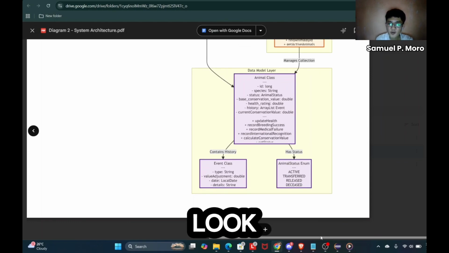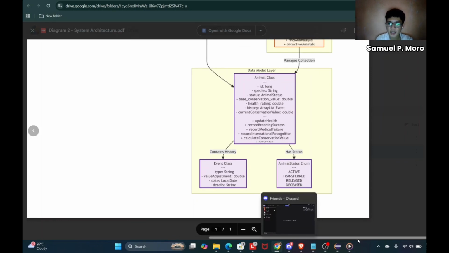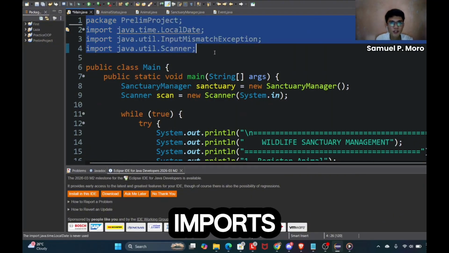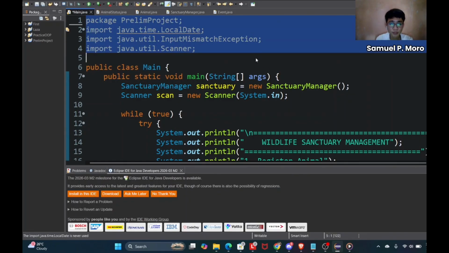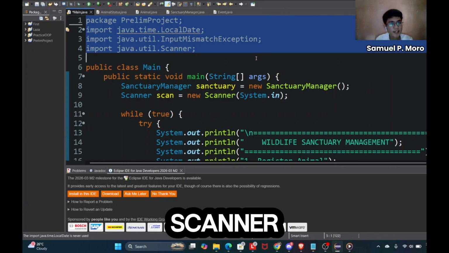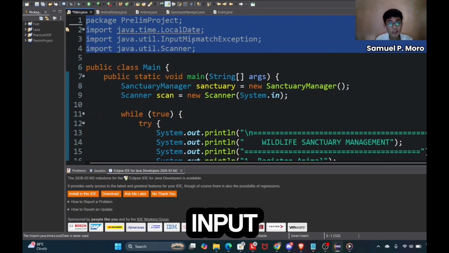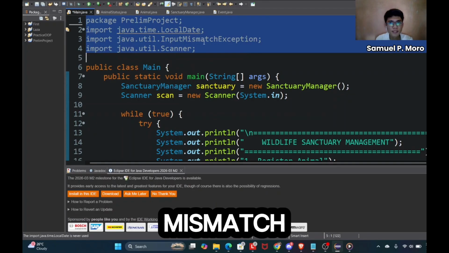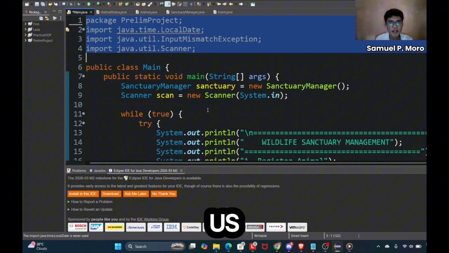So now let's look at where everything starts. Our code, the main.java. So this imports give us what we need. The scanner handles the user input, the local date tracks when events happen, and input mismatch exception helps us catch errors when users type the wrong kind of data.